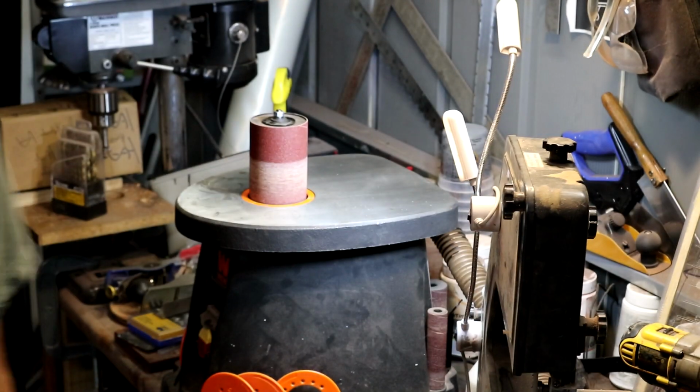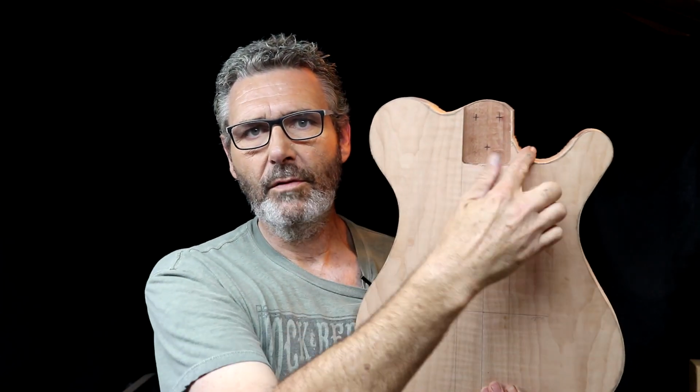I need to change drums on the spindle sander so we can get down in up in here a little better and at our lower cutaway. And I've got some contour ideas I'm going to do on this thing too. So before you decide whether or not you like that shape, wait till I get the contours done, then make your